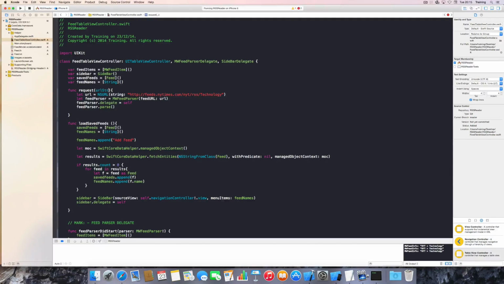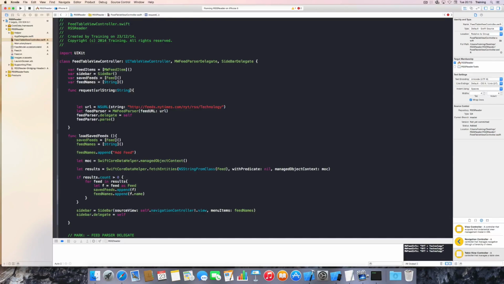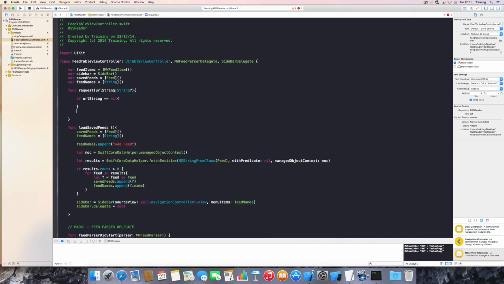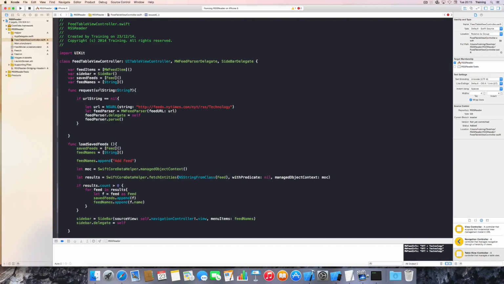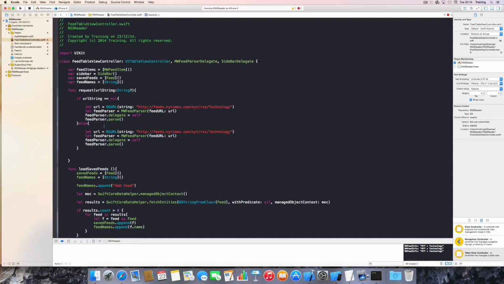Let's say URL string, which is going to be a string. And if the URL string is nil, so we also have to make this optional. So if URL string is nil, what we want to do is exactly what we already did: we specify the URL, create a feed parser, set a delegate, and parse the whole thing. Now, if there is a specified URL as a URL string, we do actually the same, except that